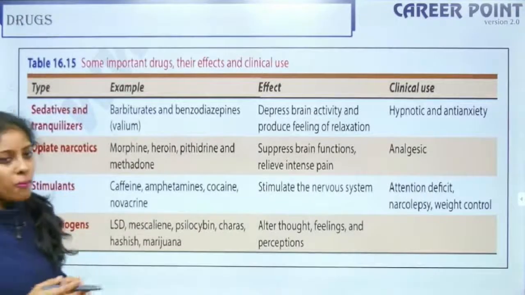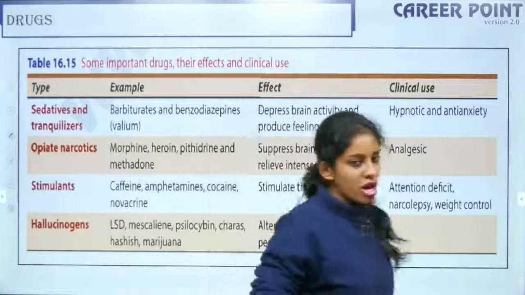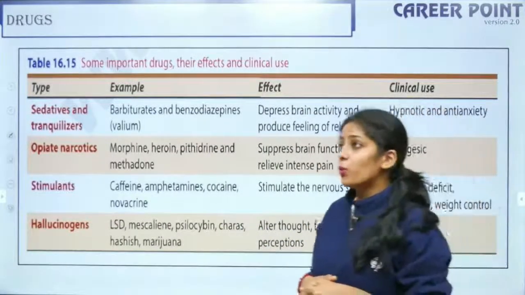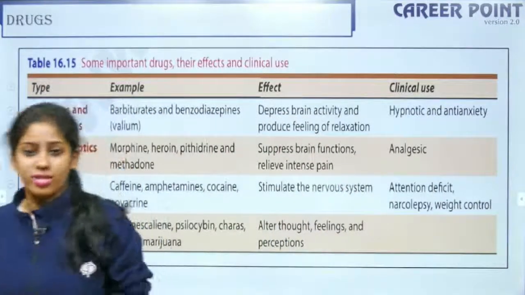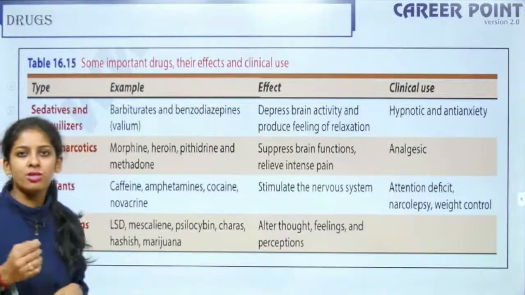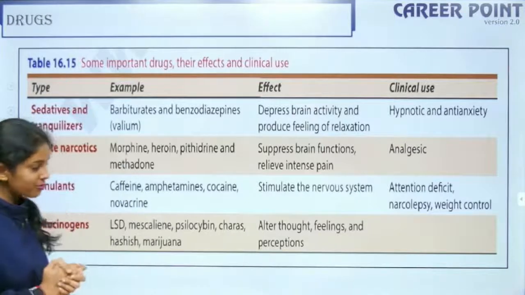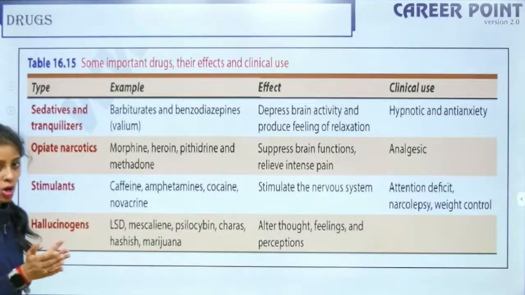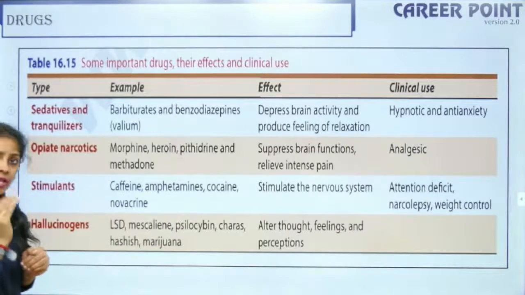So the last topic for this evening is your drugs. So drugs is where students get confused, right? They really don't know which comes from where, which is used for what. And every student has this trigger to try every drug, right? All you have to remember is these examples. So which drug belongs to which type and where does it come from? What is the source which is given in your textbook?